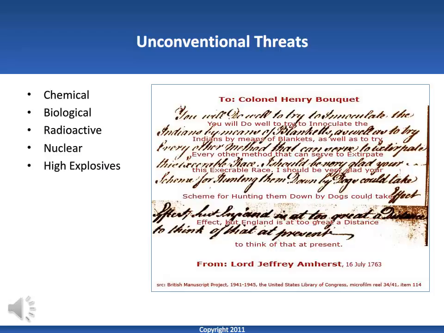Radioactive weapons would be either a dirty bomb, where you take radioactive material, combine it with a traditional explosive, and allow it to detonate, contaminating an area, making an area unusable. Nuclear weapons we've had for quite some time and are well known, I'm sure, to many of you. And the last would be high explosives. These would be considered weapons of mass destruction. Might be something such as was used in the attack on the Alfred P. Murrah building